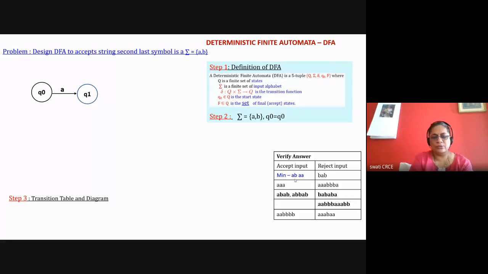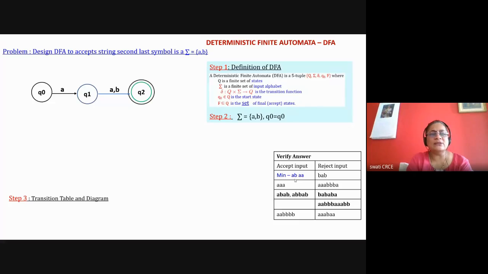Okay, so we'll do that. With Q2, it's going to the final state. So does anyone have any doubt in this? With B also, I'm saying that with AB or with AA, it should go to the final state. Is this right? Or do you want anything else to be done? Any input should go to Q2. That is the answer one of the students has mentioned. So can anyone say any problem in this?